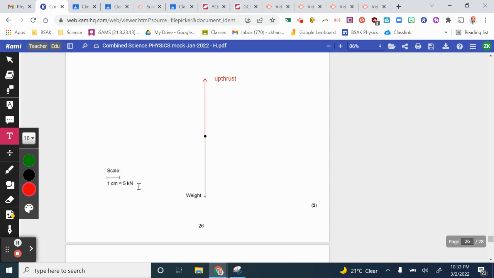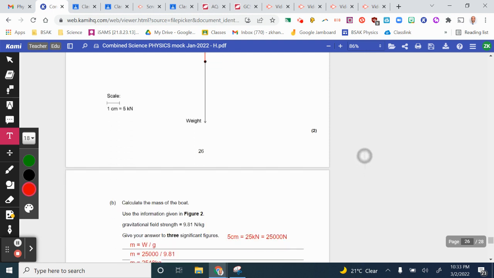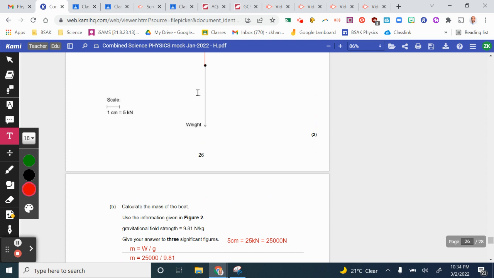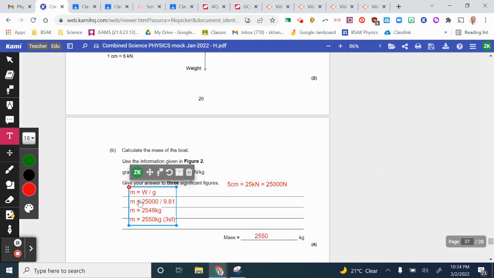kilonewtons or 25,000 newtons. Okay, so when we're using this formula of mass is equal to weight over gravity, which is the weight mass gravity formula rearranged for mass, we must use weight in newtons. So that 25 kilonewtons that we measured out here, 5 centimeters, each centimeter is 5 kilonewtons, 25 kilonewtons, 25,000 newtons. We put 25,000 newtons as a weight, divided by 9.81, and the mass is